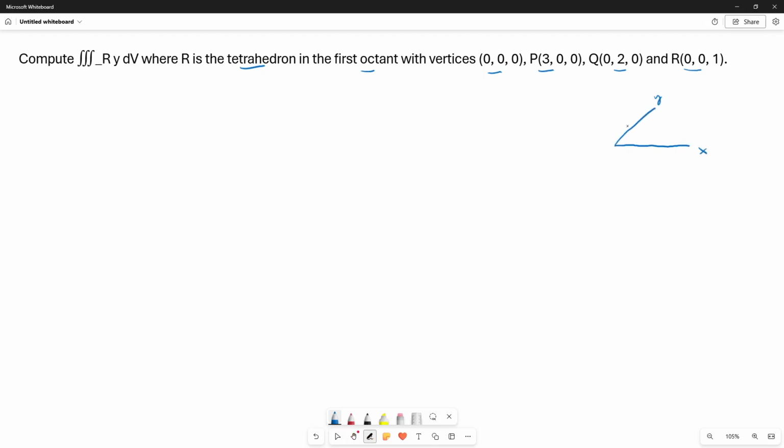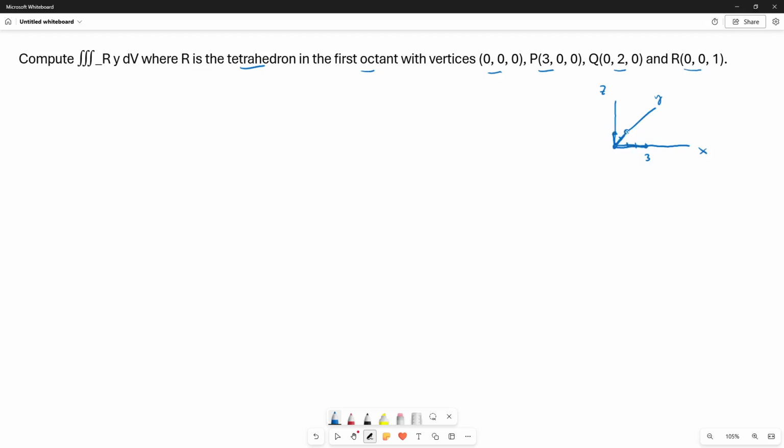This is the y-axis, and here is the z-axis. One vertex of the tetrahedron is at the origin, and then (3, 0, 0) puts us there. (0, 2, 0) puts us here on the y-axis, and (0, 0, 1) puts us there. So these 4 points are the 4 vertices of the tetrahedron, and 3 of the edges are along the axes,